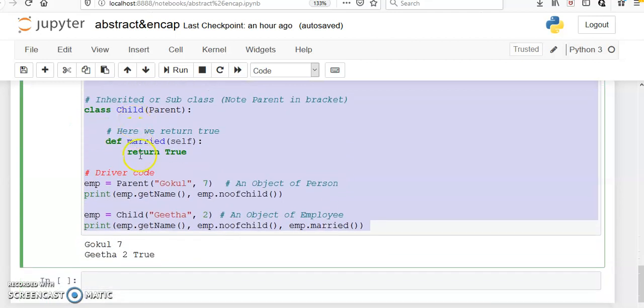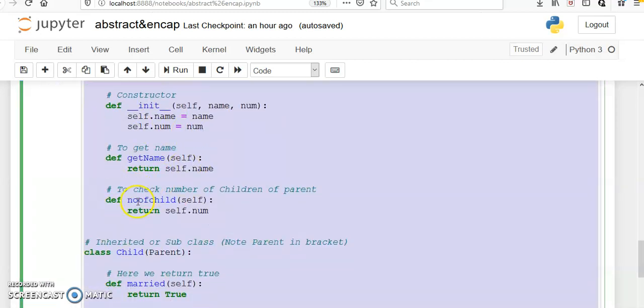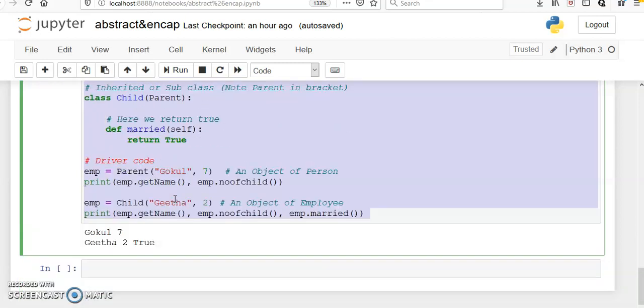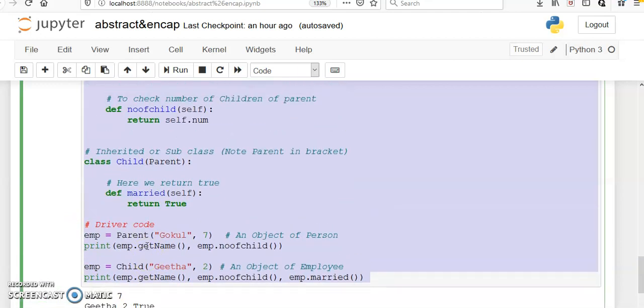If I run this program, you will get the output as Gokul 7 and Geeta 2 and True. This True specifies the derived class property from this married method. Right, so that is the difference. These are the outputs we are getting from this program.